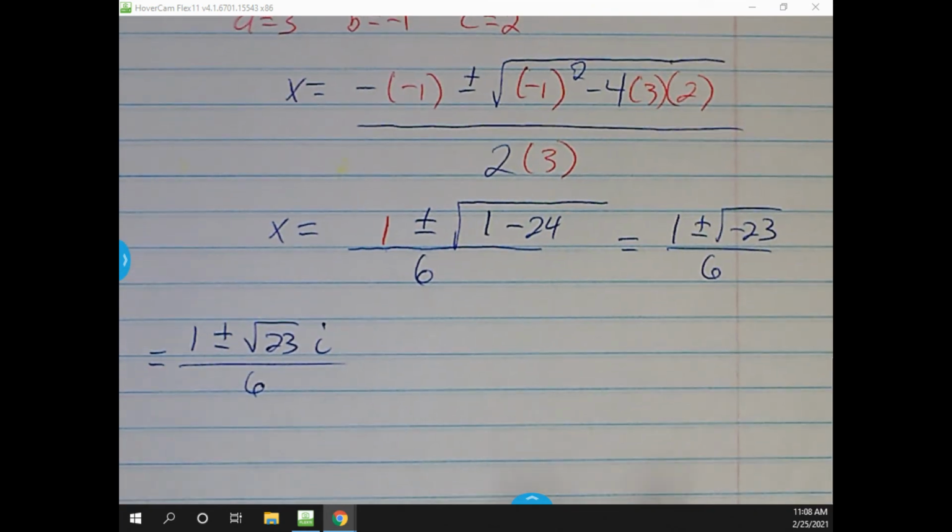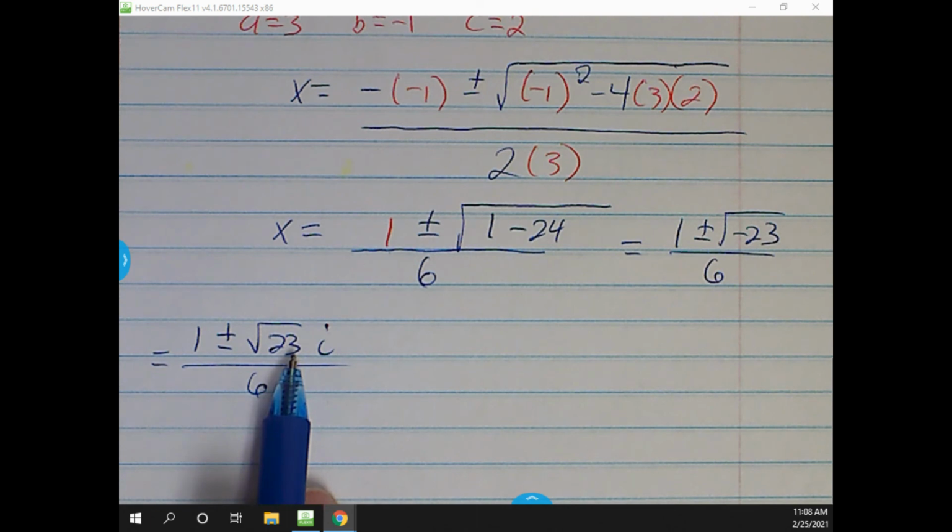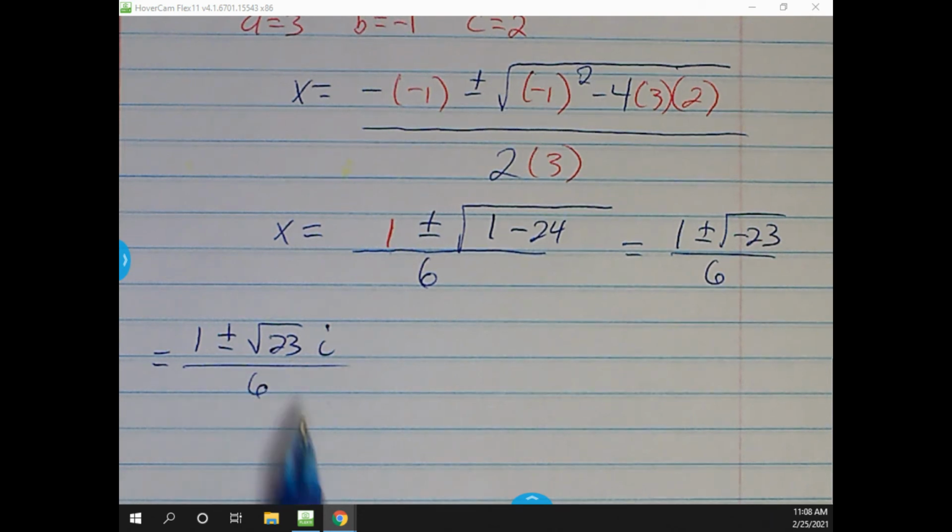Okay, now if we try to break down 23, 23 will not break down because it's not even, so we can't divide it by 2. You can't divide it by 3, you can't divide it by 5, you can't divide it by 7. If you go back and check it, it's a prime number, so you're not able to break it down, so it's just going to stay that way. If we were doing a paper pencil test, this answer would be fine. And even in the homework,